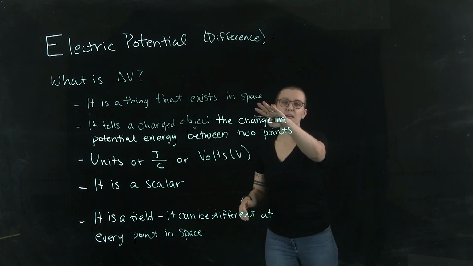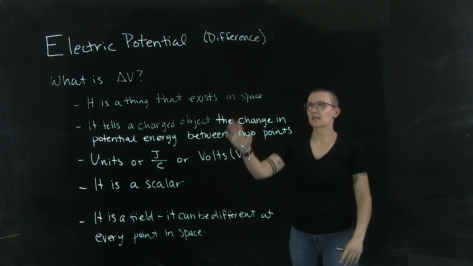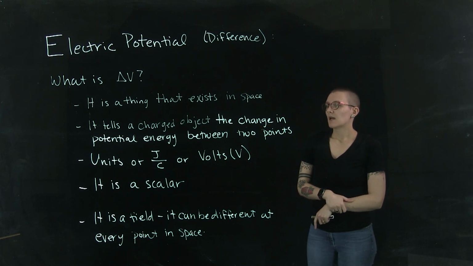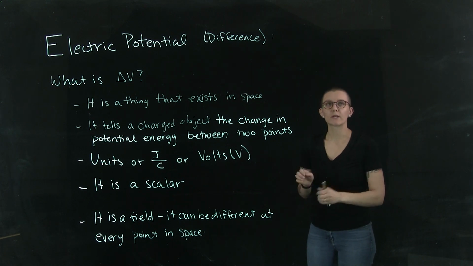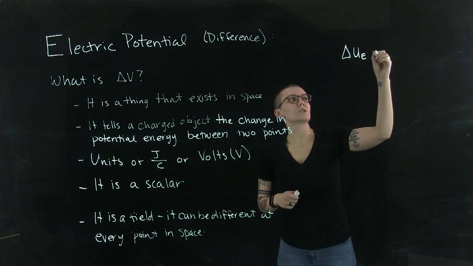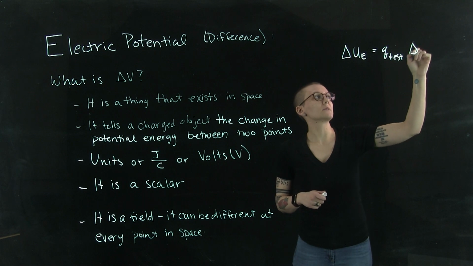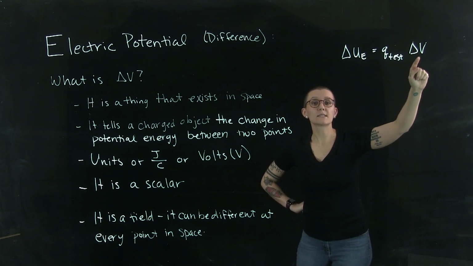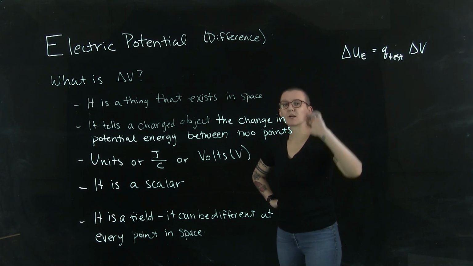First of all, it's a thing that exists in space. Just like the electric field, it exists everywhere in space. The electric potential difference tells a charged object the change in potential energy between 2 points. Remember that our electric potential energy that you just saw previously is equal to Q test times this electric potential difference. So our electric potential difference is telling our Q test about the change in that potential energy between